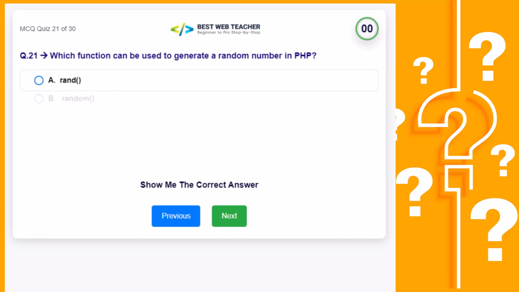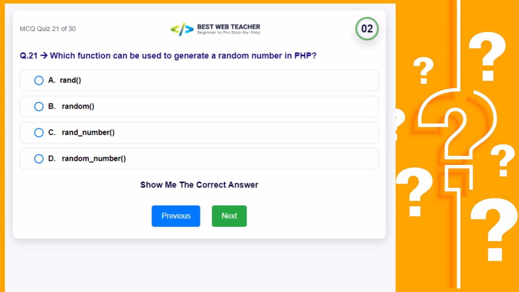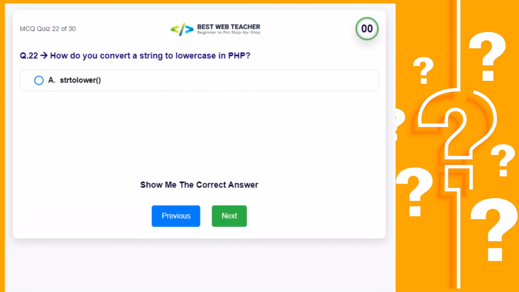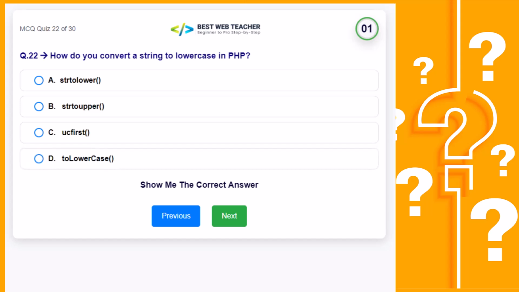Which function can be used to generate a random number in PHP? Correct answer is How do you convert a string to lowercase in PHP? Correct answer is